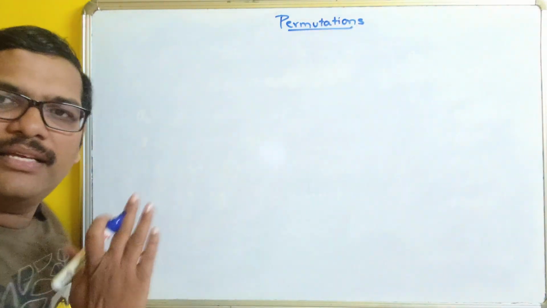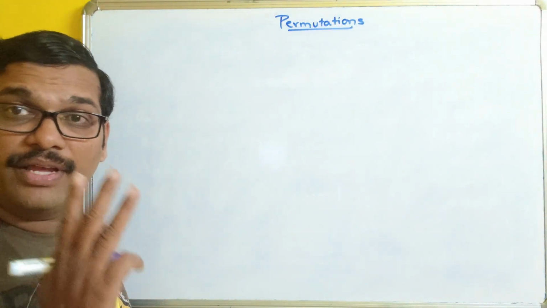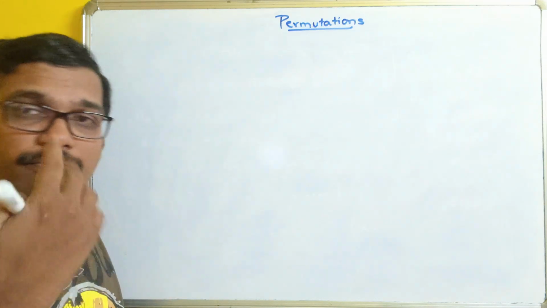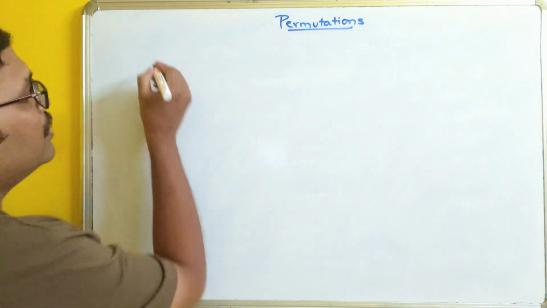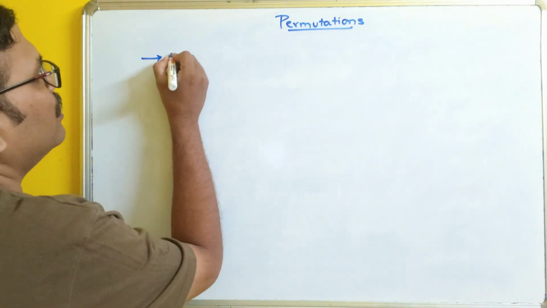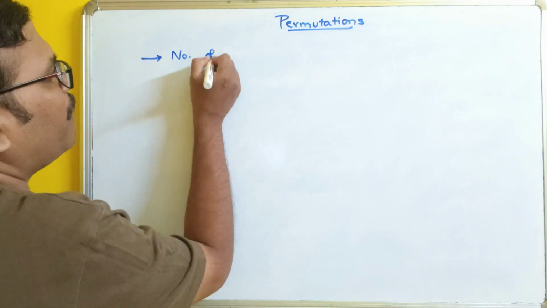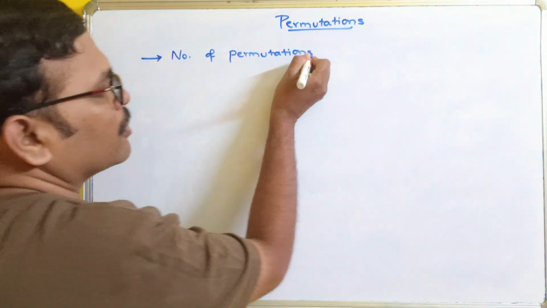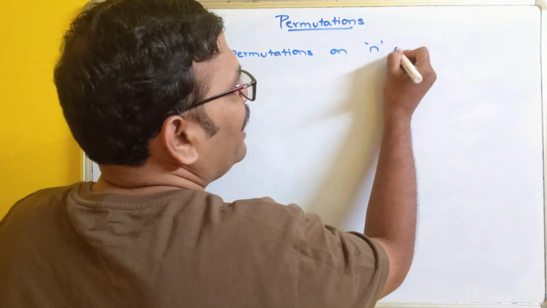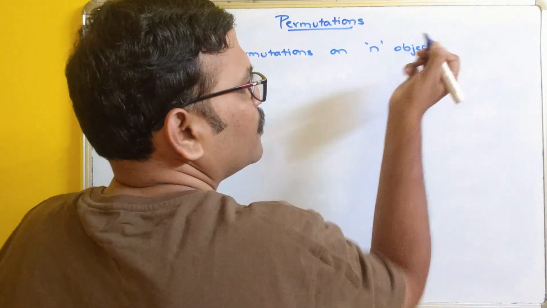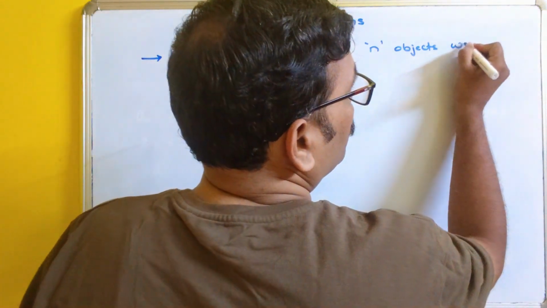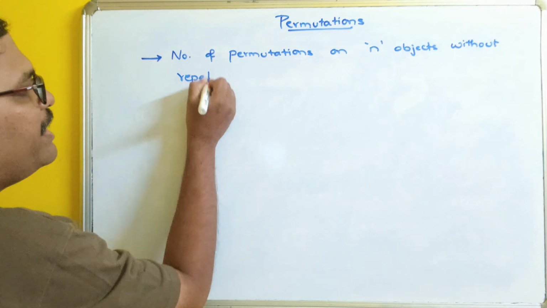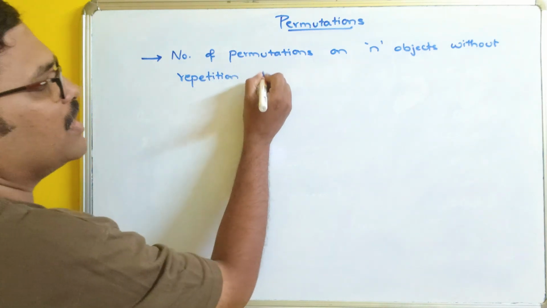So first let us see the formulas. There are three possibilities where we can use permutations, and then we'll solve a few examples. The first one: the number of permutations on n objects without repetition is